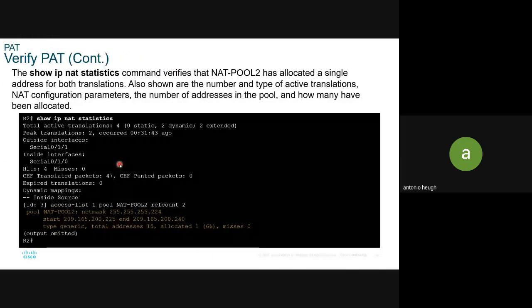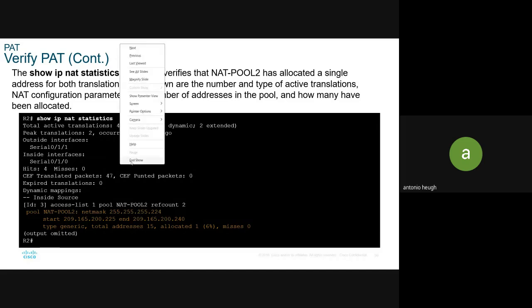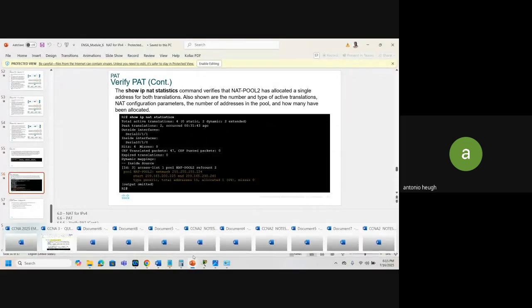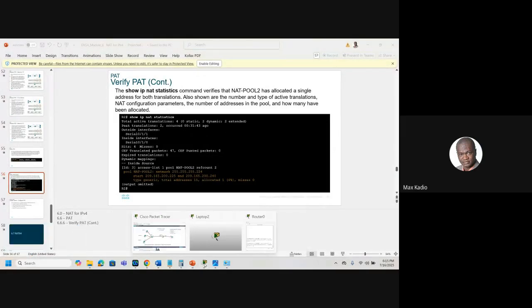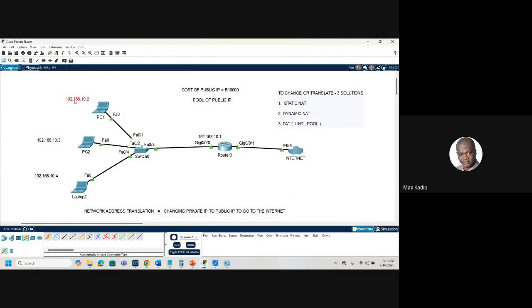Can all of them go at the same time onto the internet? For static, yes. Not for the static single. For static, if you have three guys here, you'll need three public IPs,